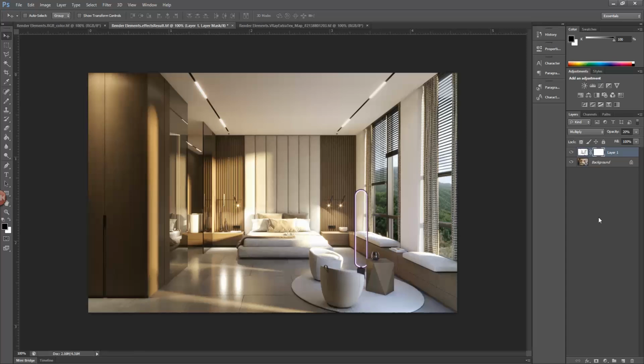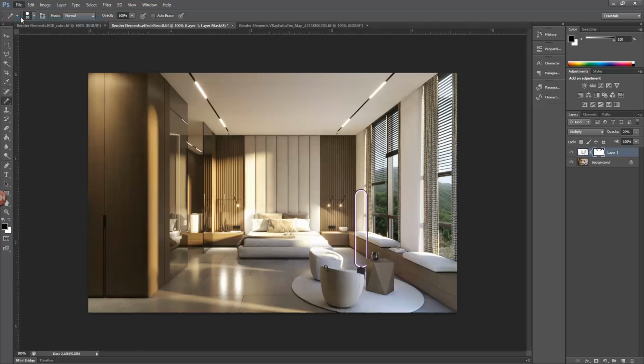We can select the pencil tool, set the color to black, and start painting on the mask. Everything that is black will erase. I also don't like this part, so I will paint it black. And now, this is perfect. Always use the eye icon to see how the render was before and after adding and adjusting the latest element.